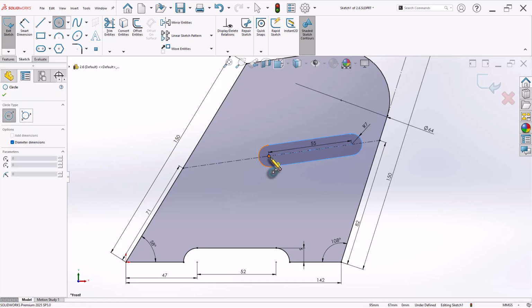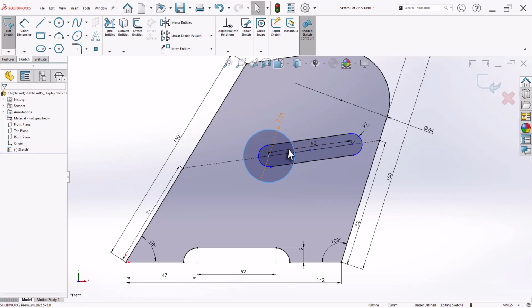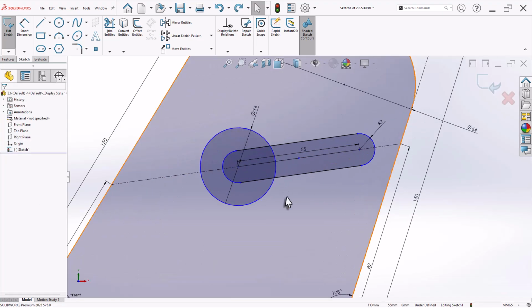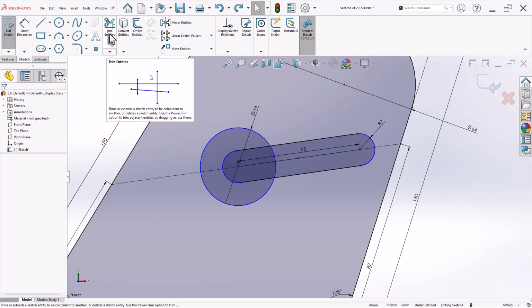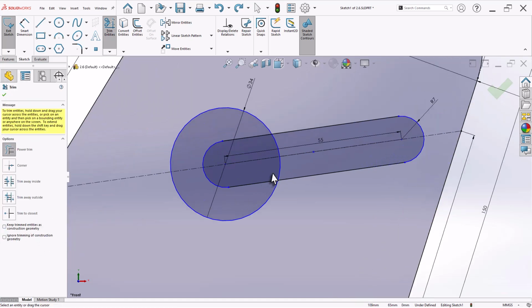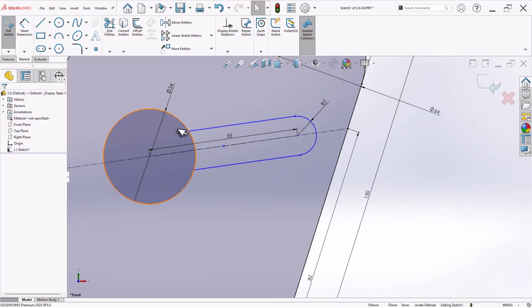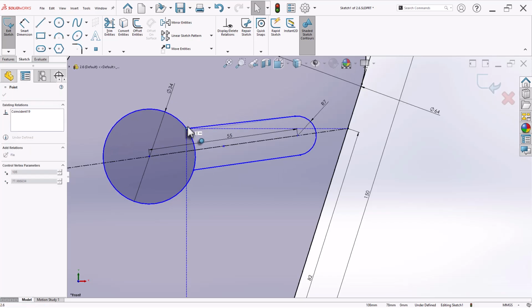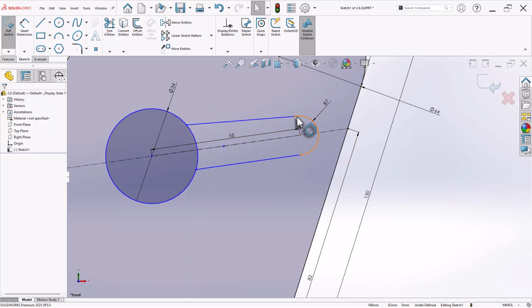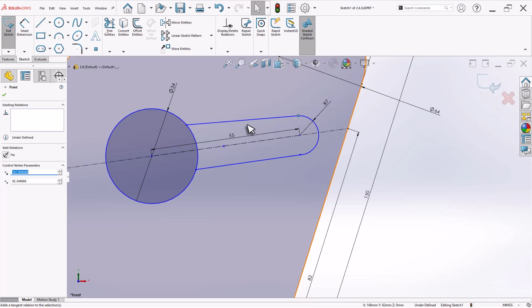Now let's add a circle over here whose diameter is 34. Now let's trim the unwanted part and add the fillet. Select the trim, untick this. There is a disadvantage of the straight slot function. When you trim it, it loses all its geometric relations. So how do we know? Like this. Okay, so let's make this tangent,